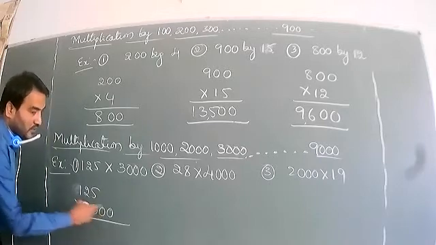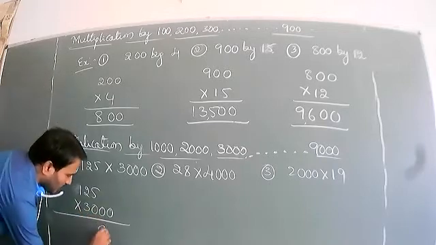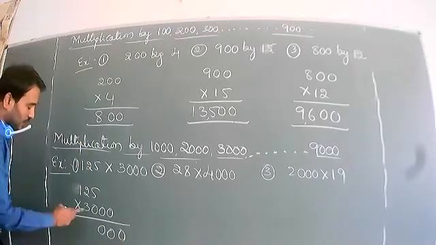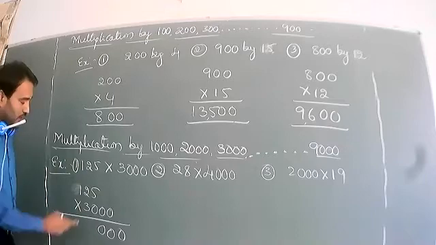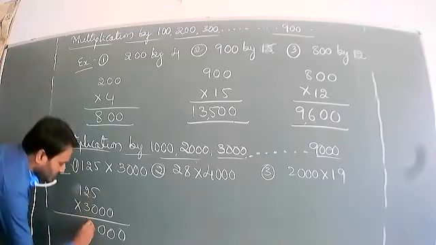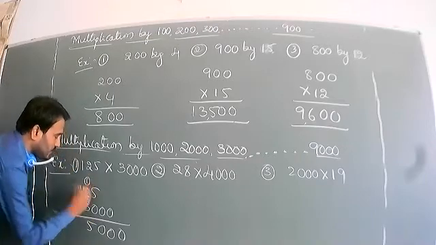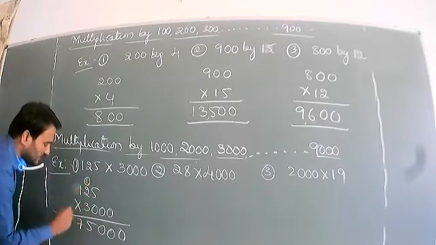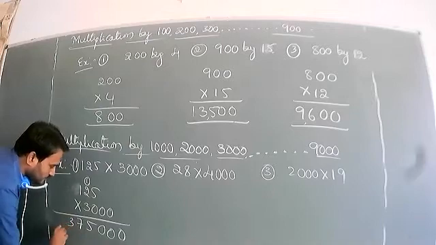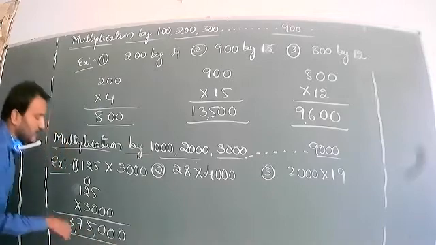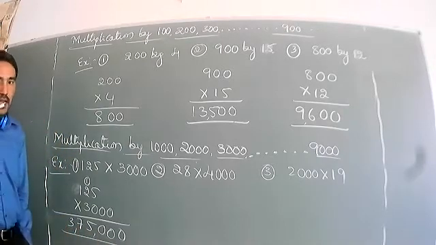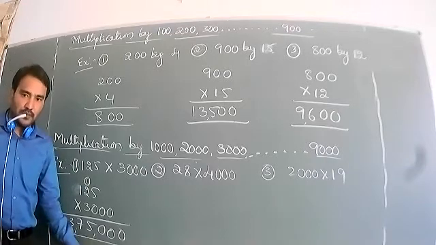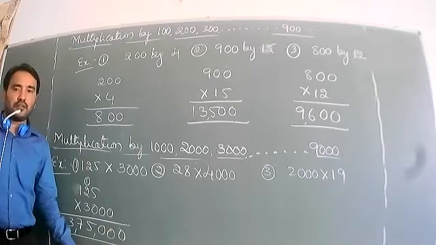How many zeros are there? First we put 1 2 3, then multiply 3 with the number. Only the numerals have to be multiplied. 3 5 the 15, 1 carry, 3 to the 6, 6 plus 1 is 7, 3 1 the 3. So 3 lakh 75,000. With this type of multiplication we get the answer easily.